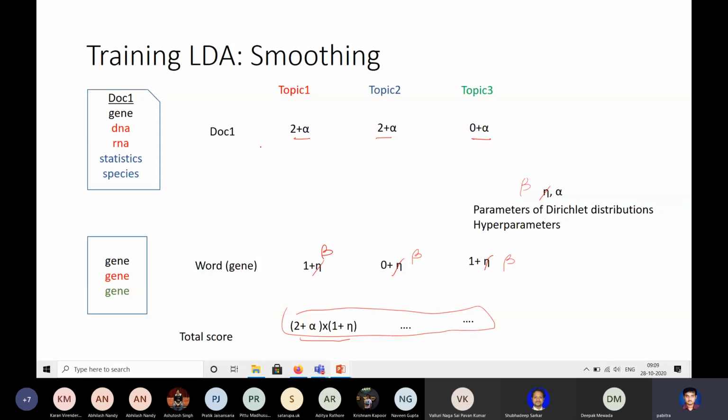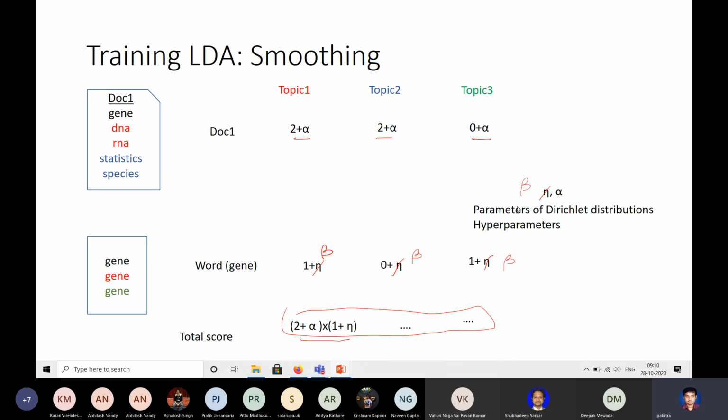Now look at the second word. Try to color it, keeping all other colors constant. Follow the same process. This way, you will color all the words in all the documents. And once you have colored all the words in all the documents, you can easily construct this. And once you have constructed this and this, you can easily construct those two multinomial matrices. In fact, you can work out a small example easily. And this is a very simple program, very easy to write. You just count these quantities.